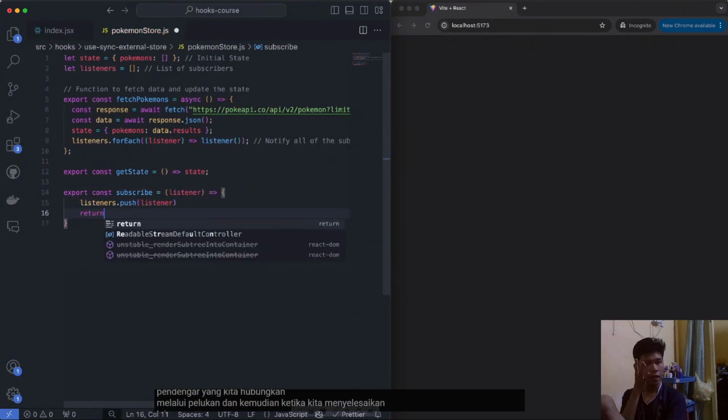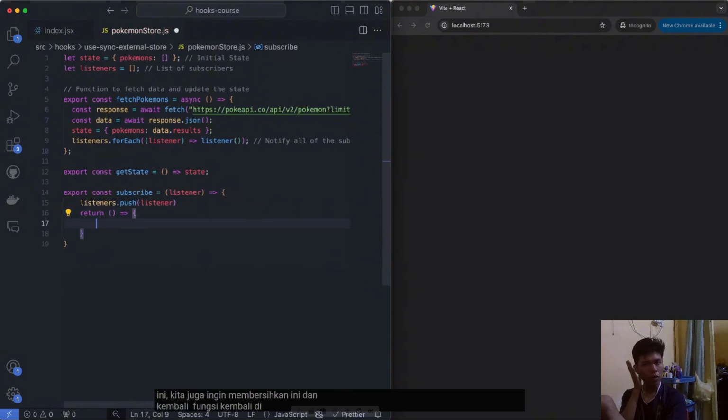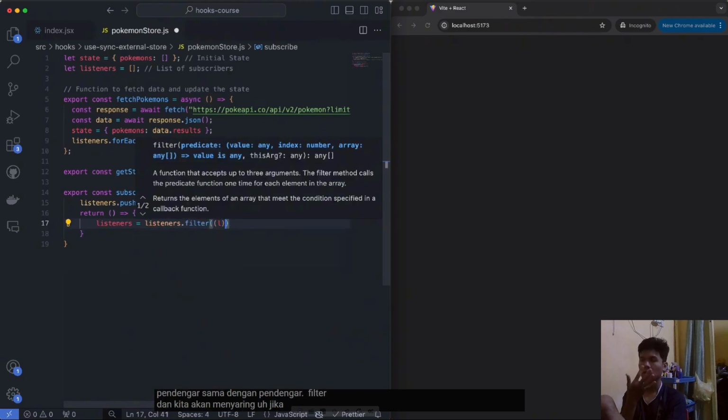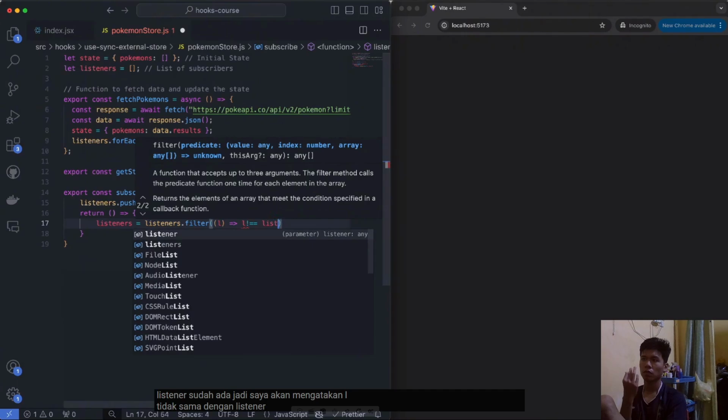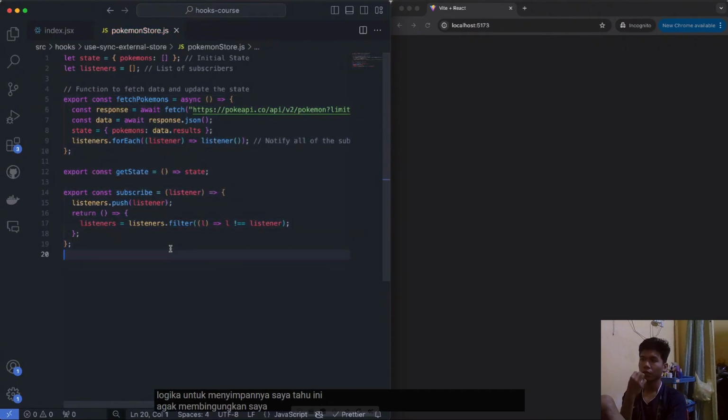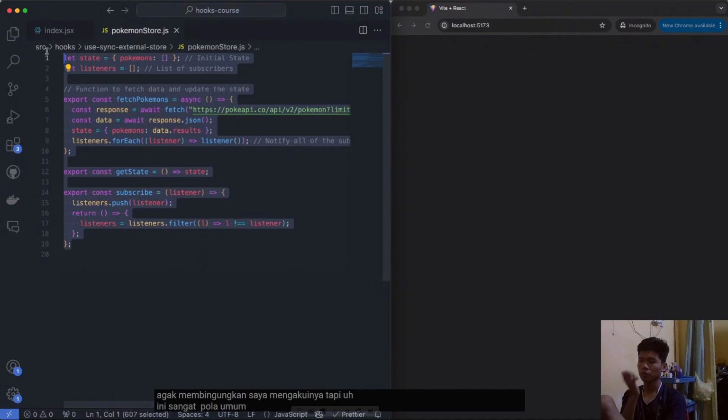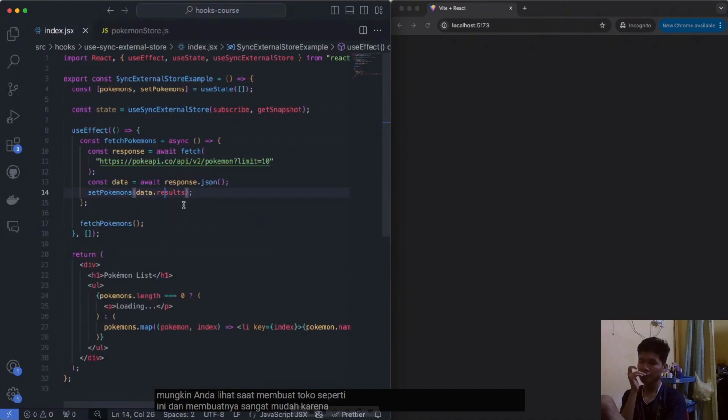And then when we finish this, we also want to clean this up and return back a function where I say listeners is equal to listeners.filter, and we'll just filter out if the listener is already there. So I'll say L is not equal to listener. So just logic to keep it. I know it's a bit confusing, I recognize that, but this is a very common pattern that you might see when creating a store like this, and it makes it very easy because now we can remove all of this